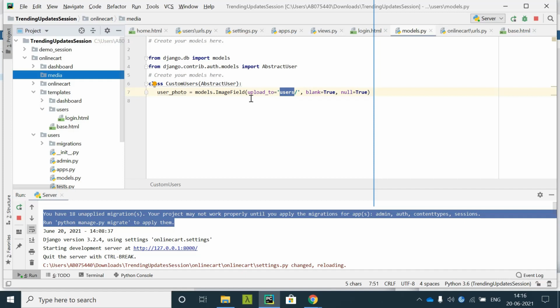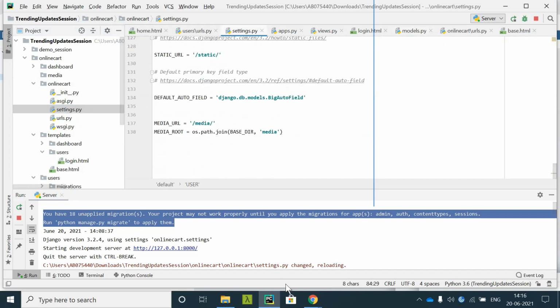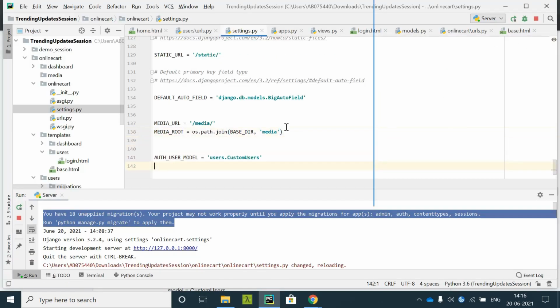Once you build the model class, you need to migrate, but before you migrate there is one more setting needed in the settings.py file, AUTH_USER_MODEL. Why this setting is, we are letting our Django project know that our default user model is this.